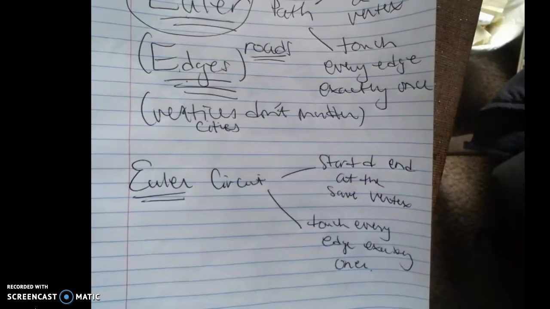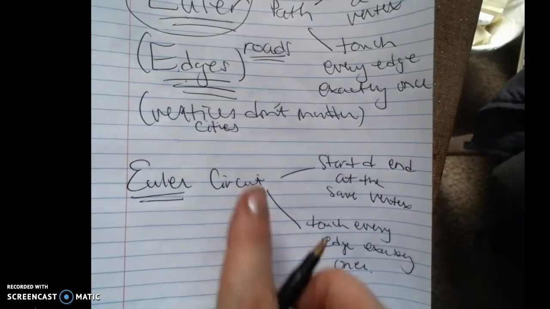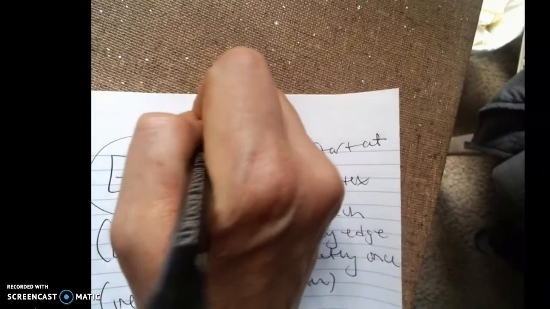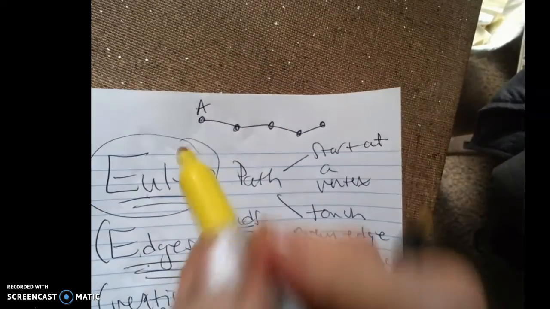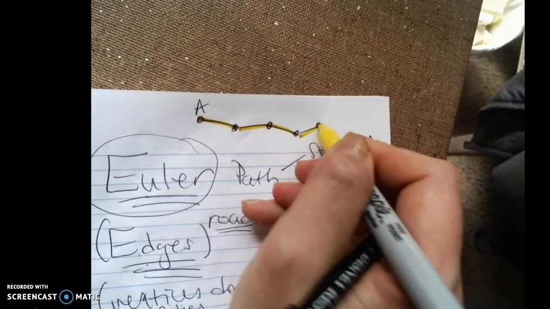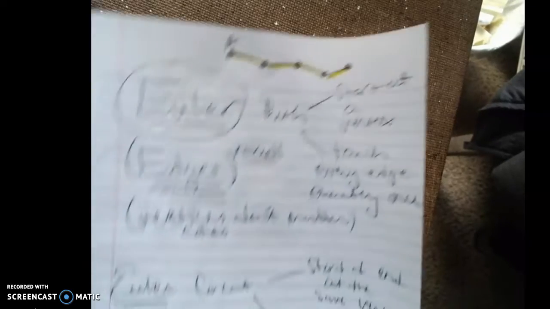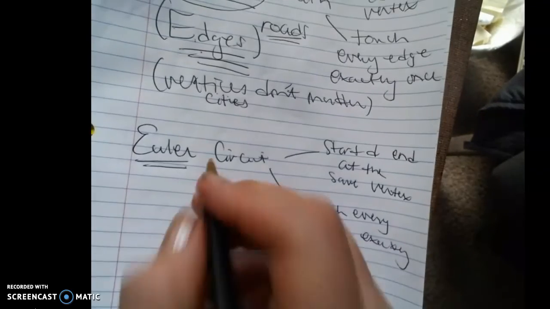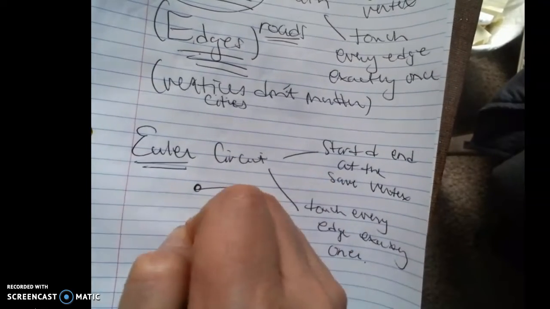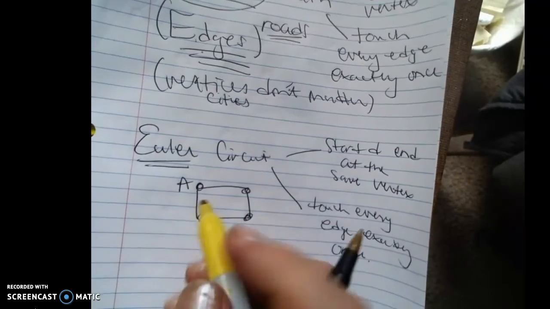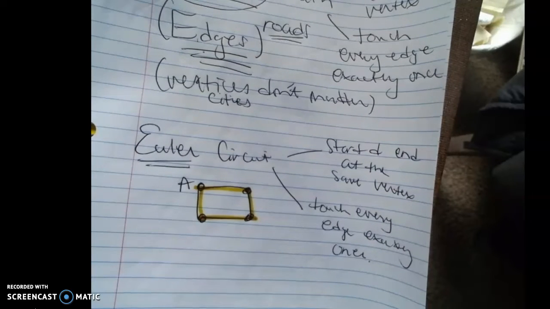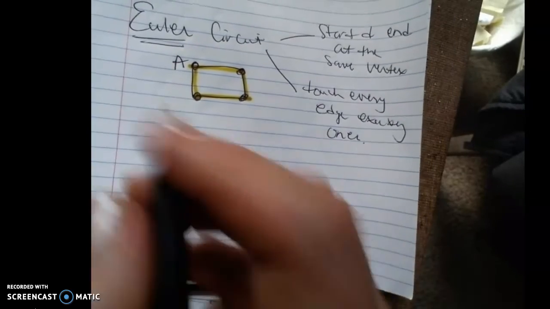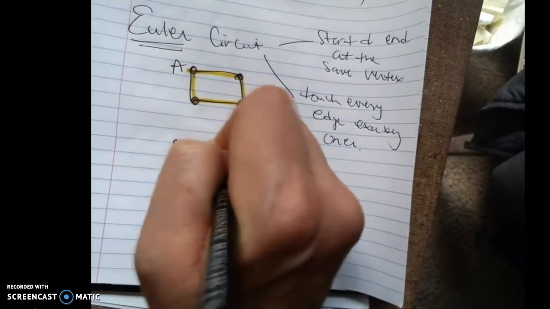Okay. All right. So, like an Euler path could be an easy one, right? Like if it just goes like this, right? If I start at A and I go here, here, here, here, I've touched every edge. That's totally fine. And then an easy circuit down here, say I just had a rectangle or whatever. If I start at A, I go here, here, here, here, I got back and I touched every single edge, but you cannot backtrack, okay? All right, and sometimes they don't exist, all right? So that's the other problem with this.